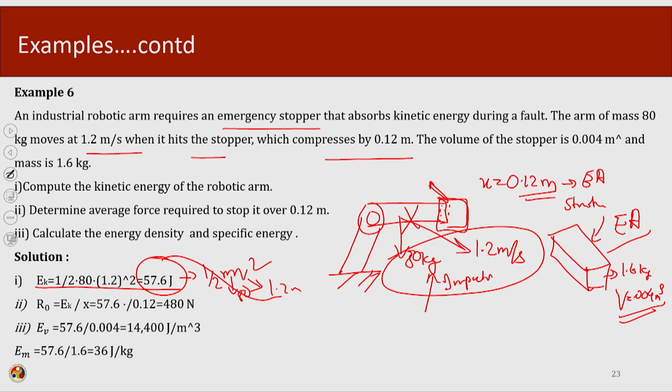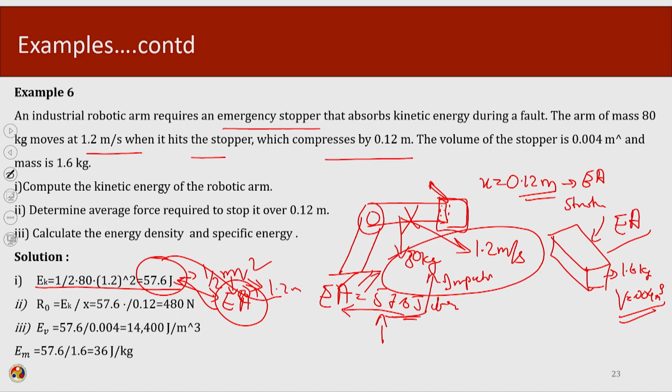Then what we need to do? We need to design a system. We need to design the energy absorber such that this whole demand is being met. So the energy absorber is able to absorb the 57.6 joules of energy, which is imparted by the impactor. So this demand quantity now becomes my capacity, which is the requirement which has to be fulfilled by the